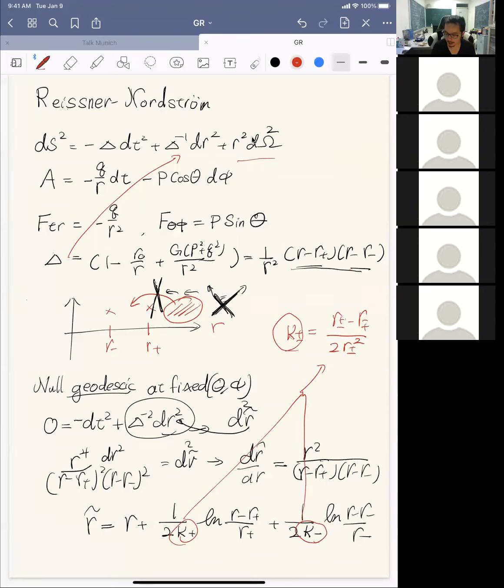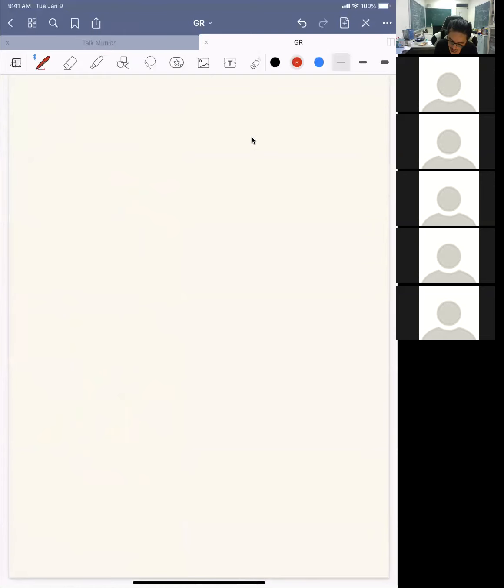Okay, so this is just some constant. It's not a function of r. It's just some constant. Great. So this is doing exactly the same thing as you did before. So this is just your usual Eddington-Finkelstein coordinate, and so therefore we can do exact. So now we can successfully continue in here. So the story is exactly the same, and so we can do basically exactly the same thing.